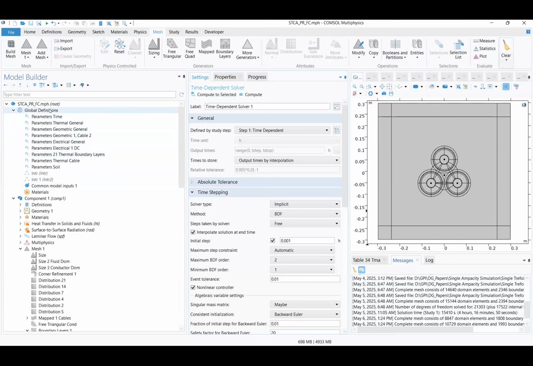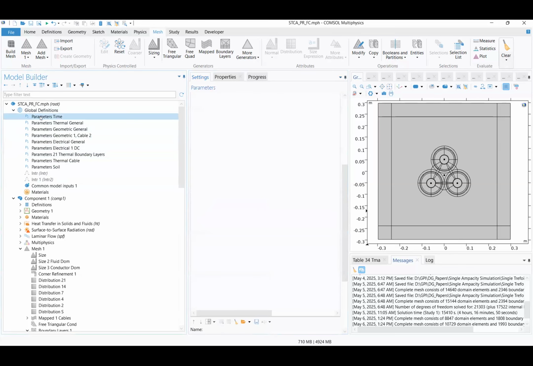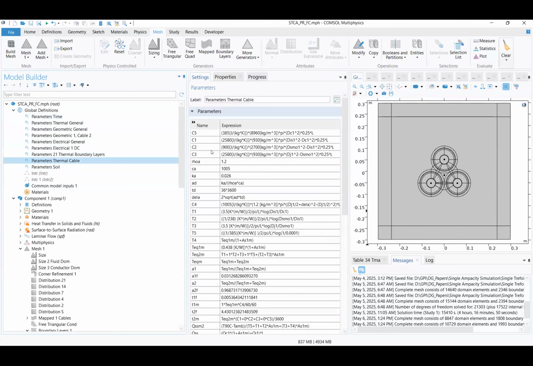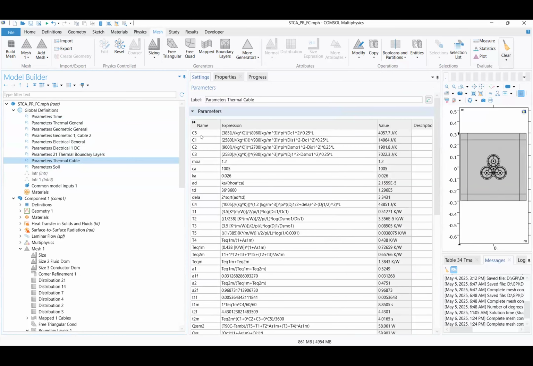Here we have parameters on the global definitions, and I could just compute my parameters. I could use expressions and units. It's going to tell me if my units are correct, if they make sense. Now, with COMSOL,